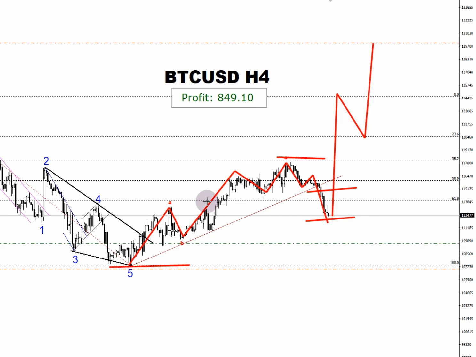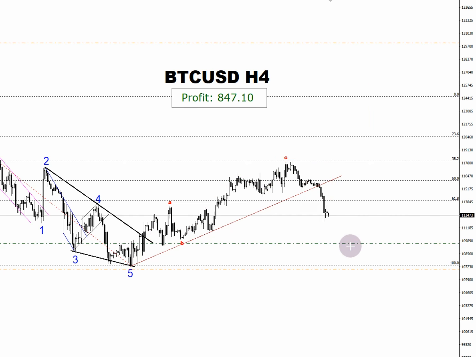It will all go through steps 1, 2, 3, 4, and 5, so this correction is indeed appropriate. For the time being, we will patiently wait for this market correction to conclude, and essentially we have already secured liquidity here. We took liquidity here. I don't know if we will reach these levels or not, but for now I am holding my buys. So let's keep an eye on the updates of the wave analysis.